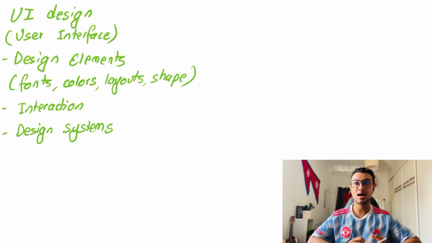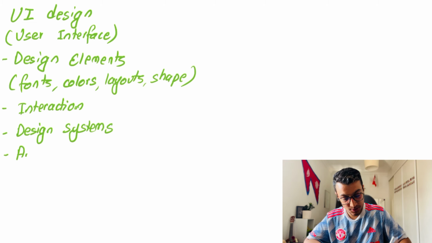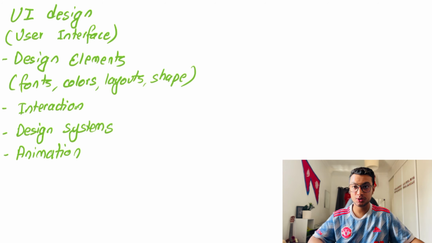So design systems are standards defined by these companies for consistency throughout their apps. And if you go and search for Apple design systems, Google design systems, Figma design systems, then you'll get a lot of components that you can download and use in your products, and they are reusable. For example, like navigation bar, hamburger icons, and every other thing that can be used again and again while building your products. So those are design systems. Another thing is animation. Animation means basically adding motion to your product.